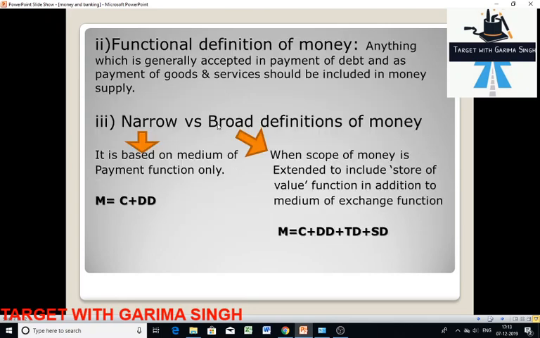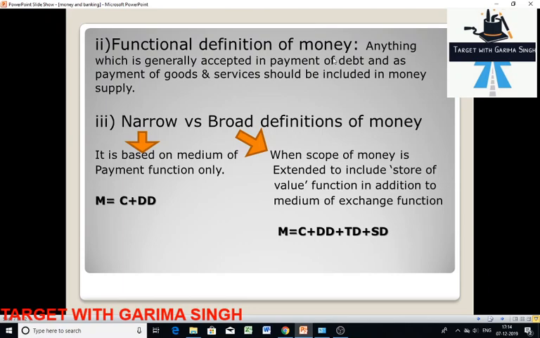Now we move on to the functional definition of money. It is defined in terms of its function. According to this, money is that which money does. It is based on the four functions of money already discussed. Broadly, anything which is generally accepted in payment of debt and as a payment of goods and services should be included in money supply. Alternatively, if a good is generally acceptable in payment and generally used as medium of payment, it should be treated as money, no matter what its legal